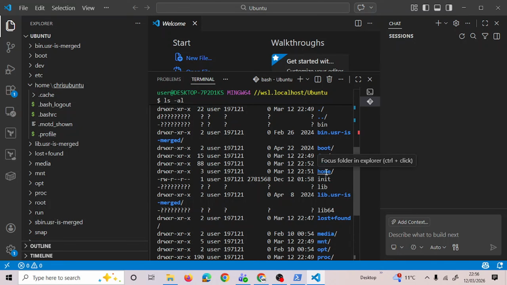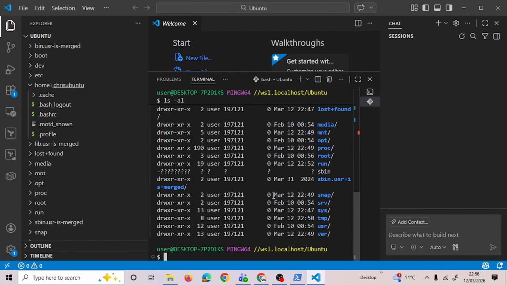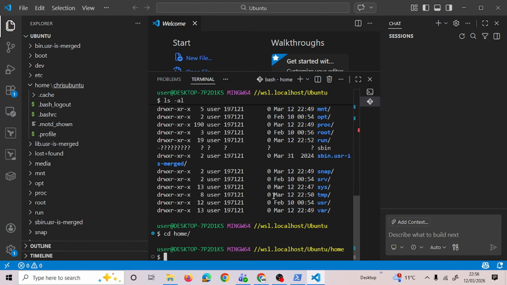So I need to go to home because I'm already at the root. So cd home. So it takes me into this home folder. Then if I run another ls -al,